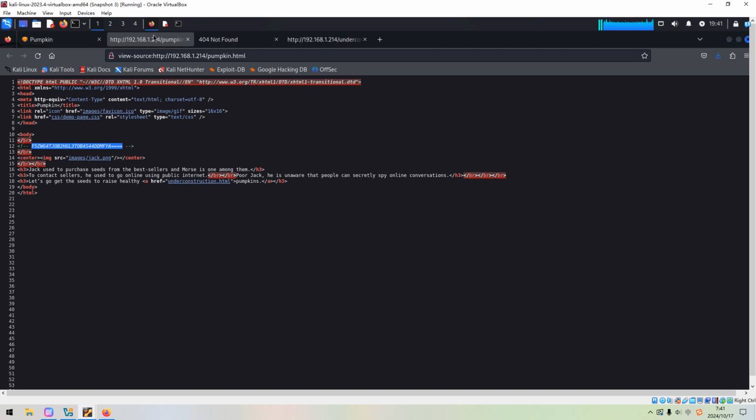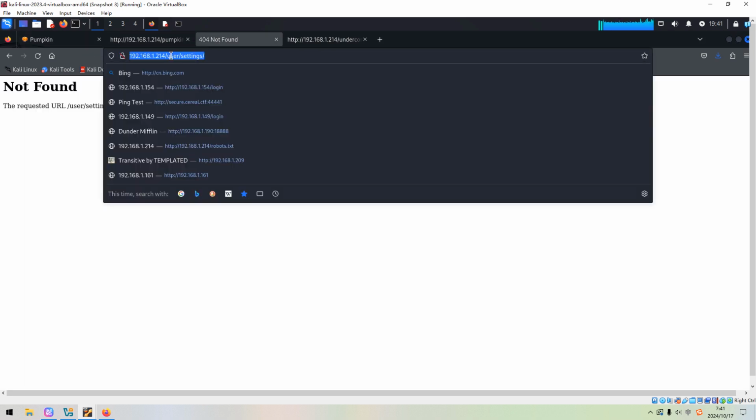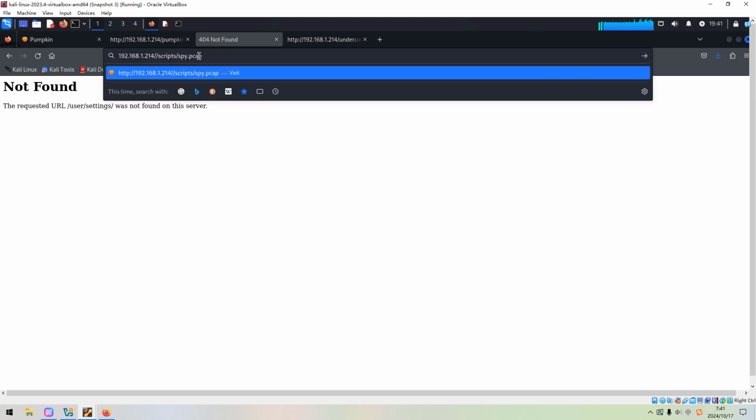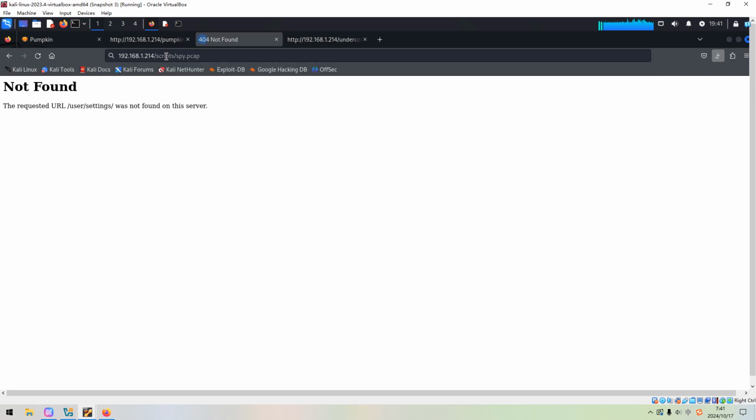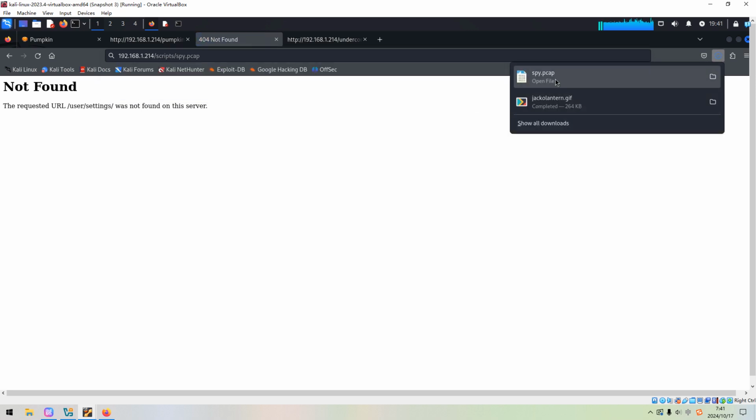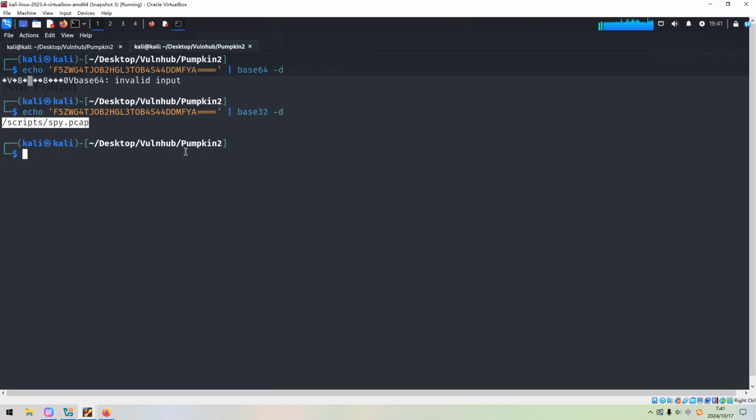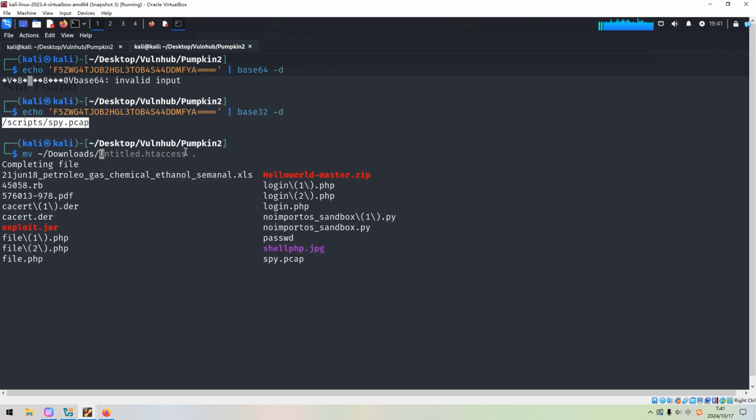Next, we need to access this file. And of course, this is the PCAP file. It's downloaded. And now we can move it from the downloads directory to the working directory spy.